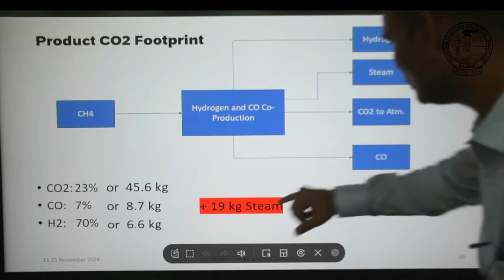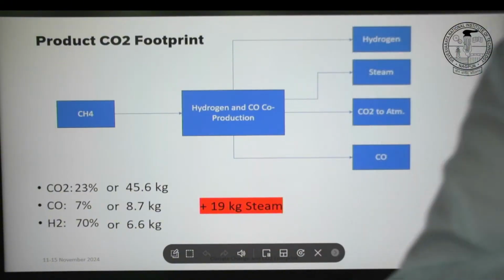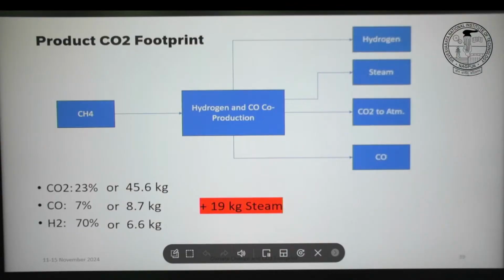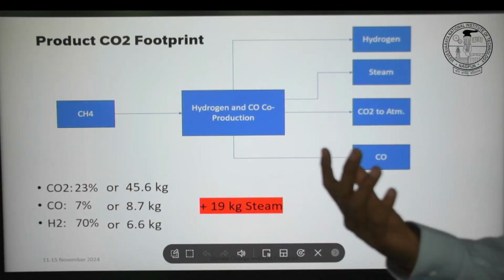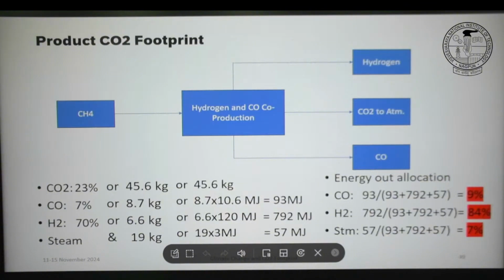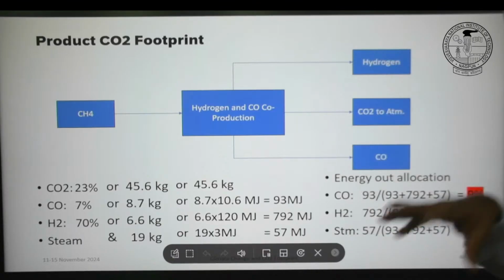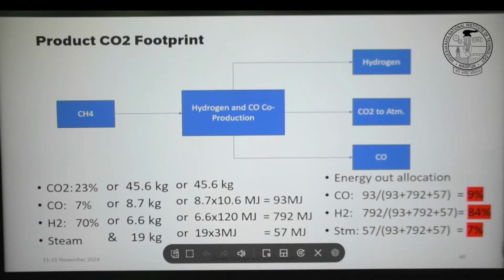Basically, let's assume you have 19 kg of steam. If you apply the same principle, steam has no heating value because it's not a fuel. You cannot burn steam, so we cannot apply the same methodology, but still there is some energy going into the steam. For such scenarios, for H2 and CO we took the LHV, and for steam we take the enthalpy. With this we say this much energy is going to H2, this much energy is going to CO, and this much energy is going to